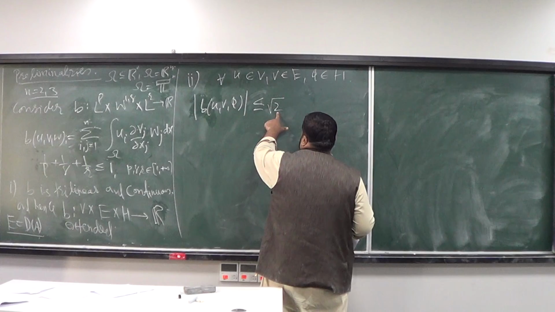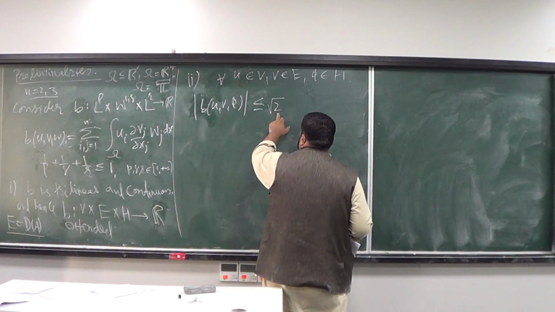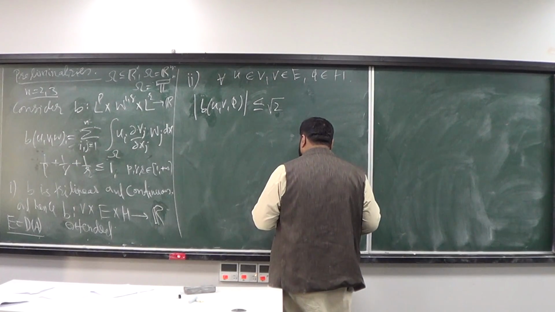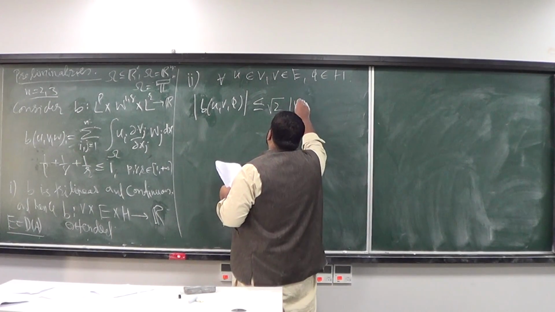You can put a constant C here, but the constant here is sharp, so let's just write this. u